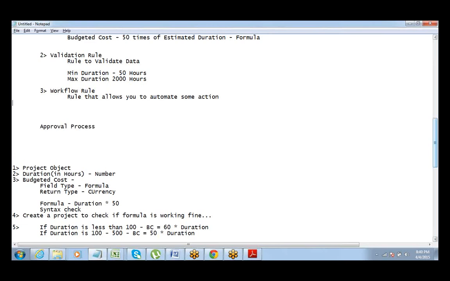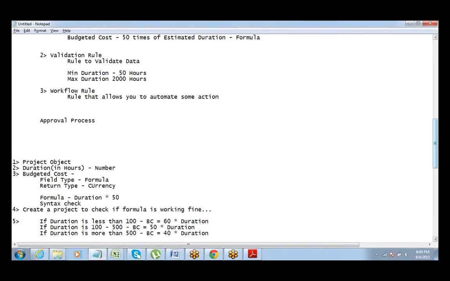Now when I say it can initiate some action, you might be thinking what actions can be initiated using a workflow rule, right? What all actions can be done? So we'll just talk about what all actions can be done using the workflow rule.